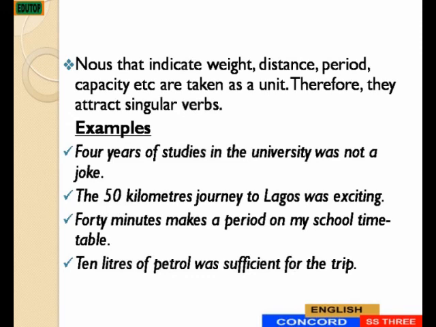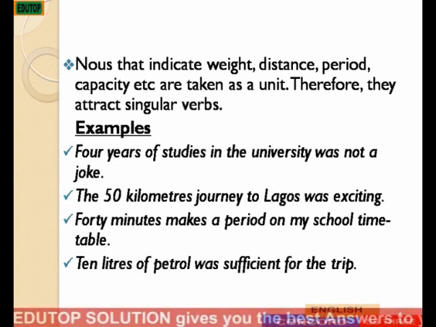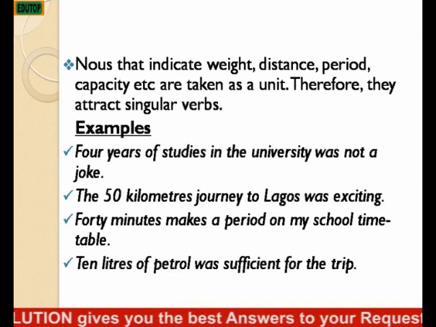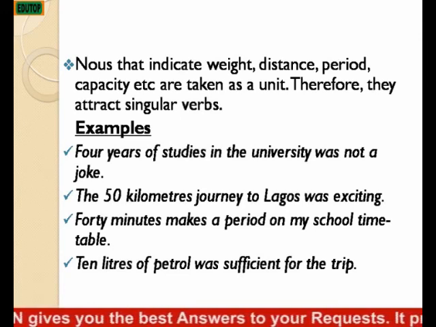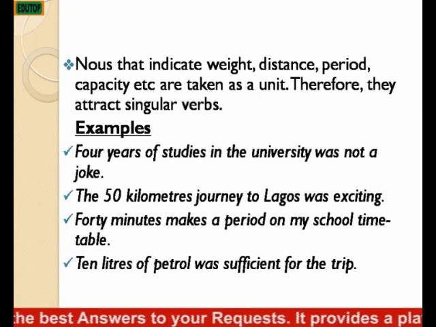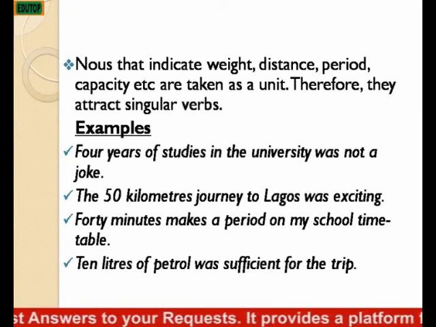The subject of the sentence is the 50 kilometers journey. So we make use of "was" with the subject. 40 minutes makes a period on my school timetable. 40 minutes in the context is a singular subject, and so we make use of "makes" as the verb. 10 liters of petrol was sufficient for